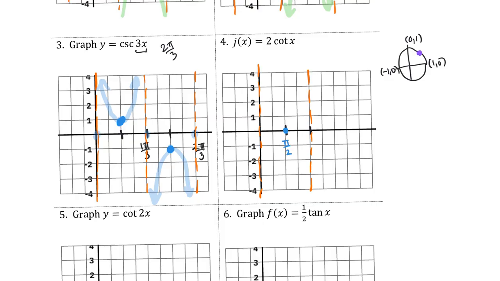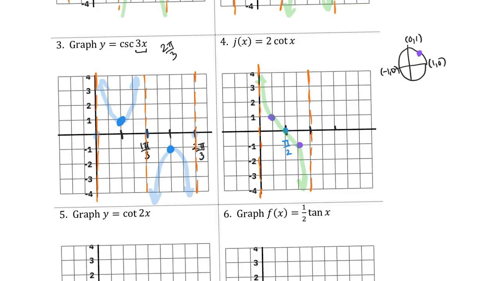Okay, at pi over 4, the cotangent is 1. So at pi over 4 is here. I'm going to go to 1, which means if it's going up on the left, it must go down on the right. Okay, and then once I have those 3 nice points, I'm going to go ahead and sketch my graph. Okay, please include at least a period unless it tells you otherwise,